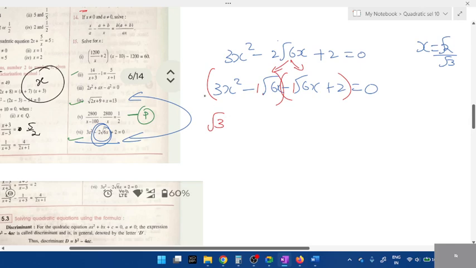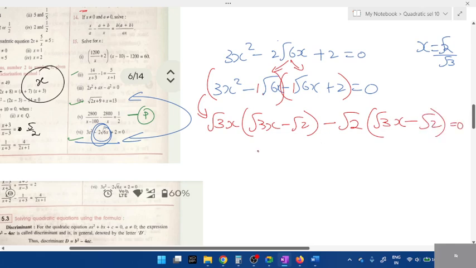This is the main part. If you don't know how to solve this, you won't be able to figure out root questions. Fine. For now, just skip this because we get the answer. If you take root 3x common, you get root 3x minus root 2, and here you have to take root 2 common, you get root 3x minus root 2. So it becomes root 3x minus root 2 into